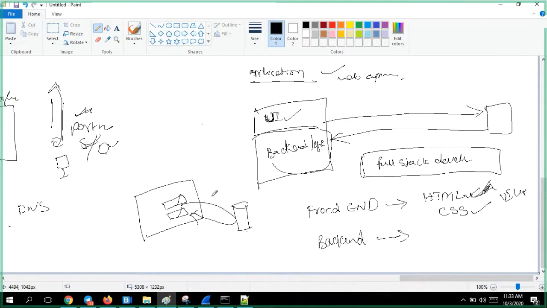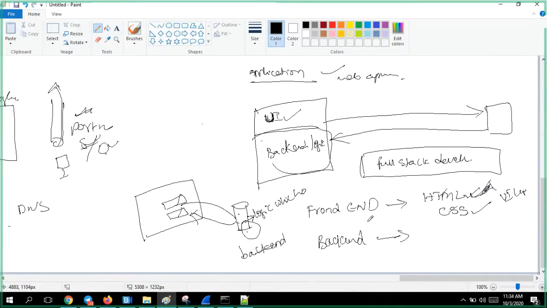Got it? So the logic which took care of whether you are the correct person or not is called backend. This is HTML, CSS, right? Backend is not the database.